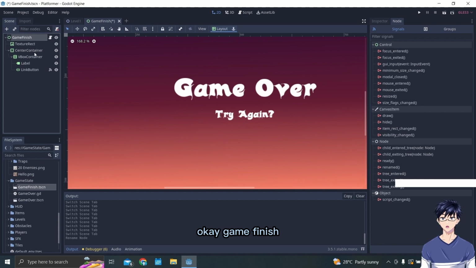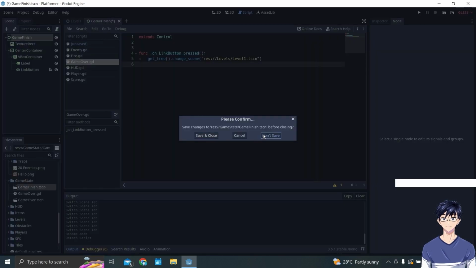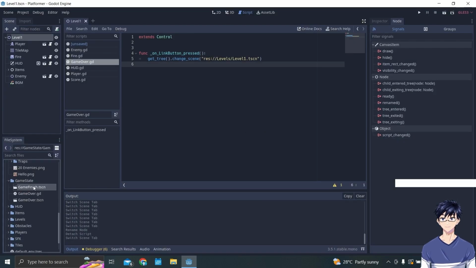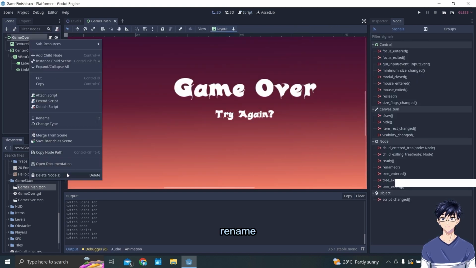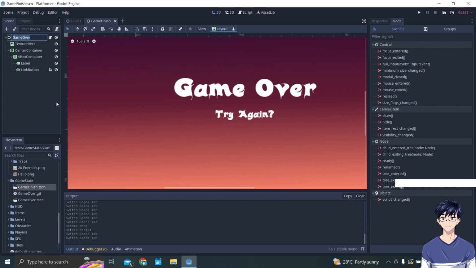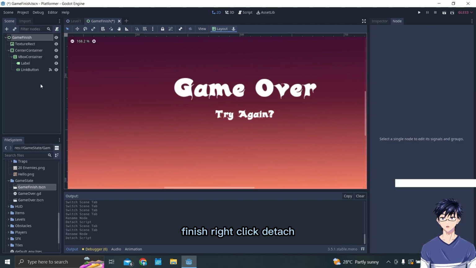Then for the attached script, I need to detach it. Don't save. Rename, finish, right click, detach.